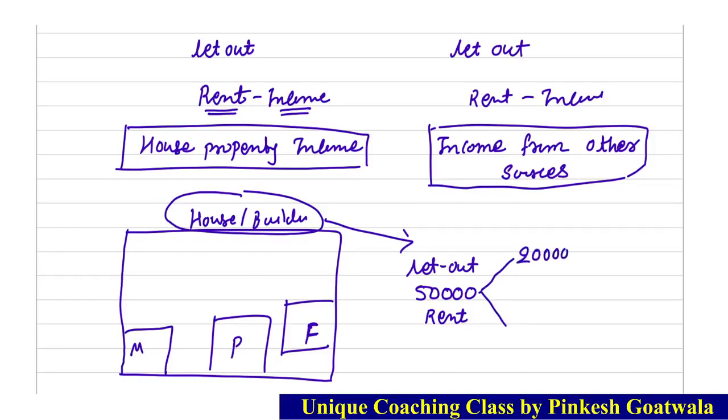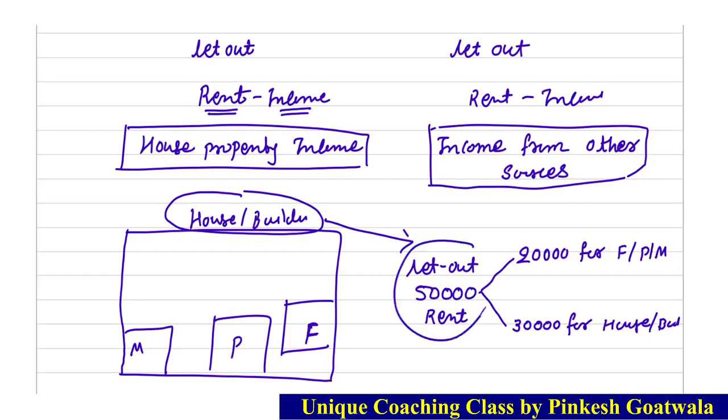20,000 rent for this furniture or this plant or this machinery, whatever it is. What is the 20,000 for? For this plant, machinery and furniture. And the remaining 30,000 for this house, for this building. The 50,000 rent has been decided with this pattern: 20,000 for plant, machinery and furniture, and 30,000 for house and building. So here A received 50,000 rent, and how was the 50,000 rent received? 20,000 for furniture and plant, 30,000